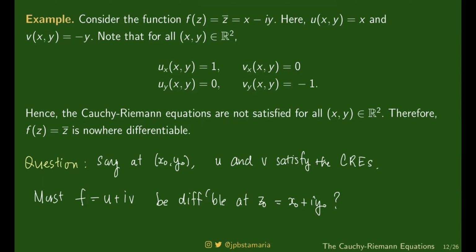No, no? Kasi alam niya kung yes ang sagot dyan, hindi ka maitatanong. Tsaka kung yes ang sagot dyan, di sana dun sa theorem, nilagay ko na if and only if. Yes, normally, the answer to this question is no. So kung no, dapat may example tayo. Ano example ang hinahanap natin? We wanted an example of an f where u and v both satisfy the Cauchy-Riemann equations at a certain point, but the resulting complex function is not differentiable at that corresponding point. So let us see an example.